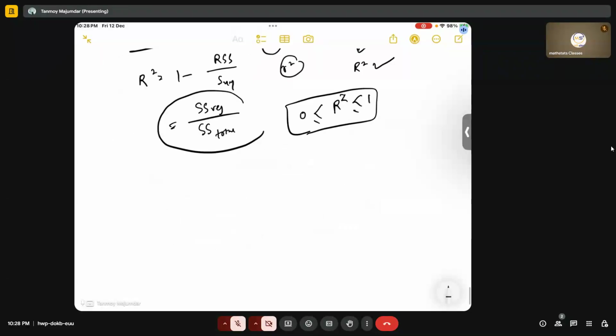So what does R square equal to 1 mean? R square equal to 1 means that it is a good fit, and you can say a perfect fit, right? Because the closer R square goes to 1, the better the fit becomes. Okay, a value of R square closer to 1 indicates a better fit. Okay, and a value of R square closer to 0 indicates a poor fit. So